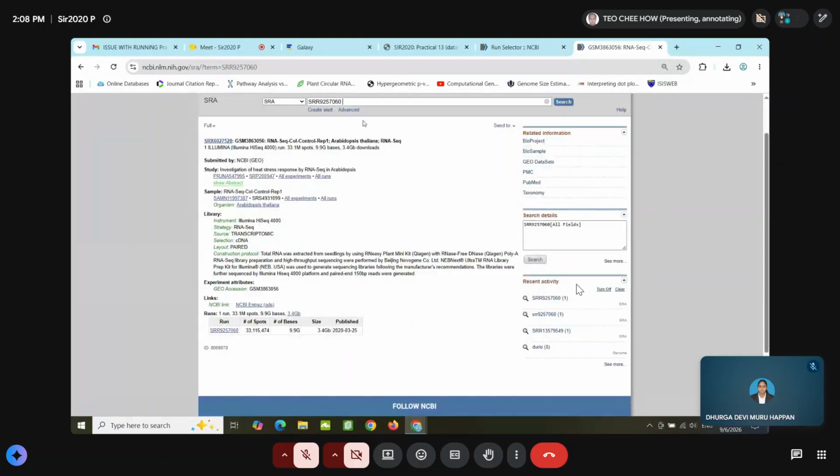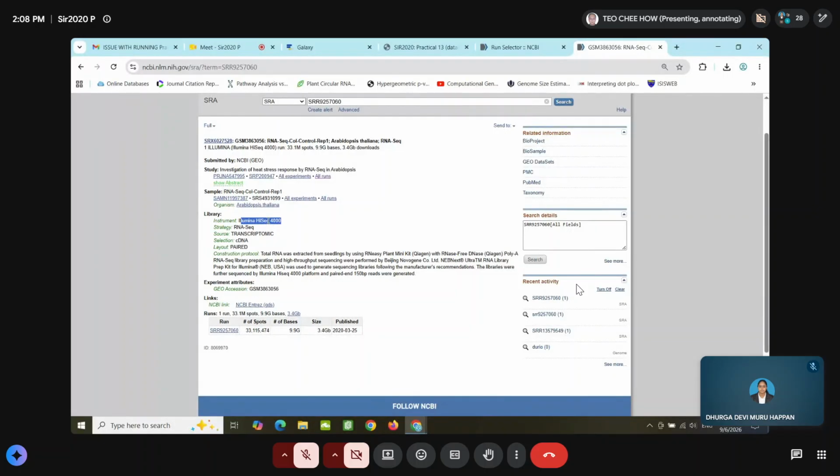Then it will display the information. Now this is an RNA-seq of Arabidopsis thaliana, Columbia ecotype, control data set, replicate number 1, right? And they sequenced it using the Illumina HiSeq 4000.